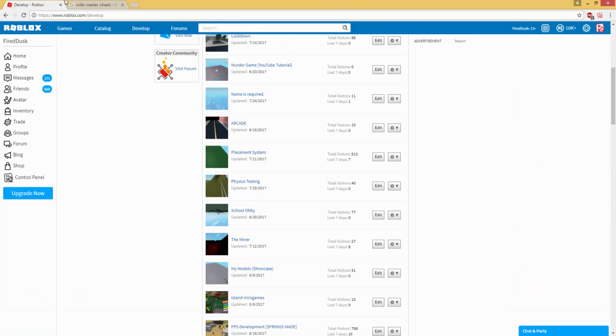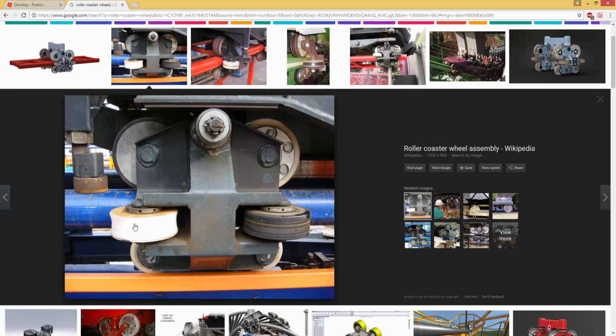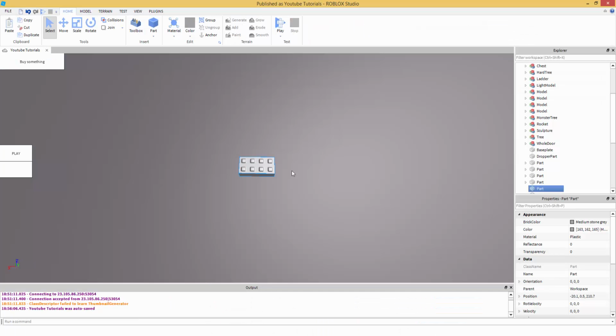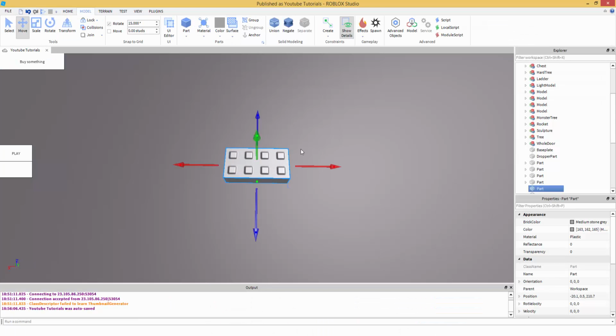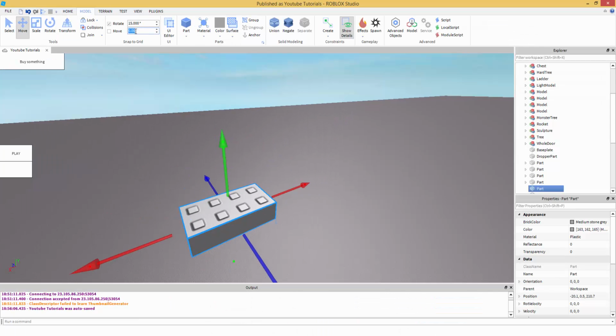Also, yeah, about the requirements. You're going to need to know how this works a little, how the wheels are set up, and also you're going to need